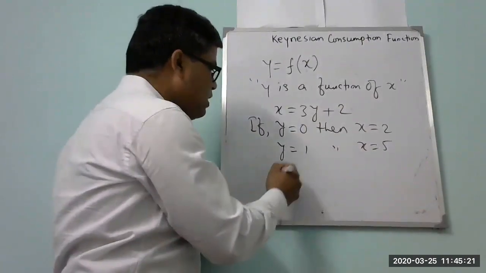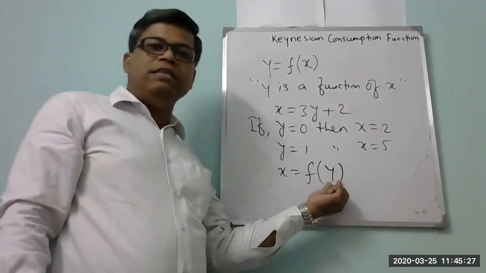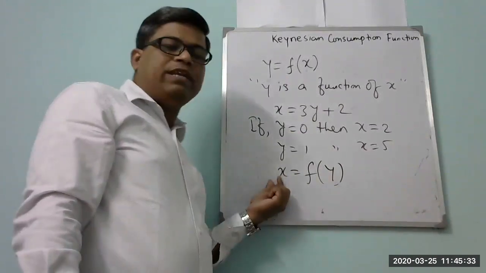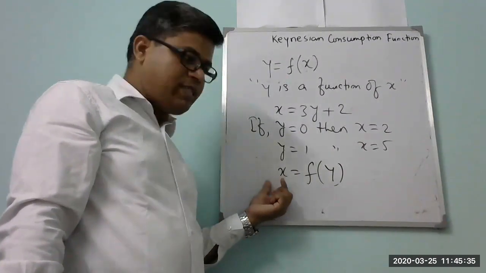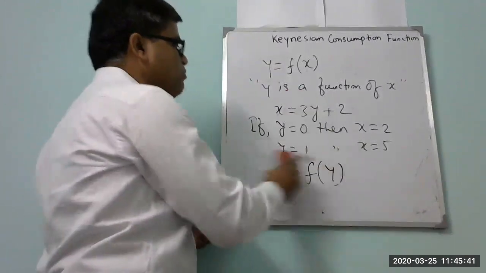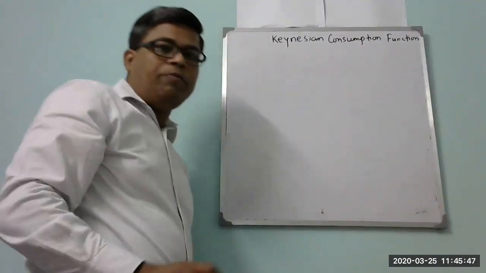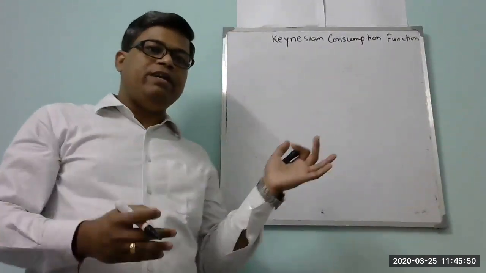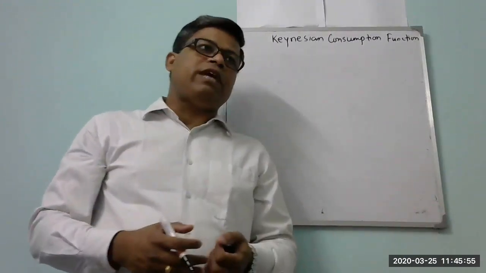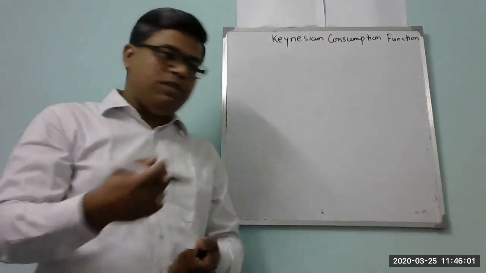Then how to read this function? It would be x is a function of y. Because y is the independent variable, it is written on the right hand side within parentheses, and x is the dependent variable, so it is written on the left hand side. This is the basic rule of writing a function. So a function is a mathematical relationship between the dependent and independent variable or variables. The independent variables could be more than one, which is why it can be one variable or variables.